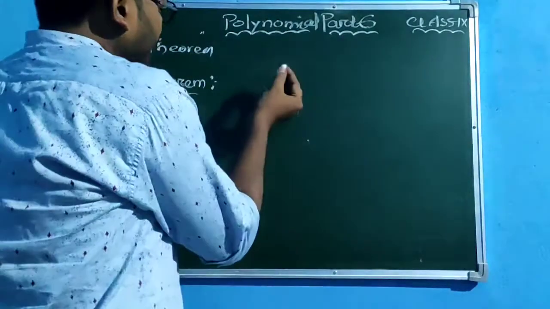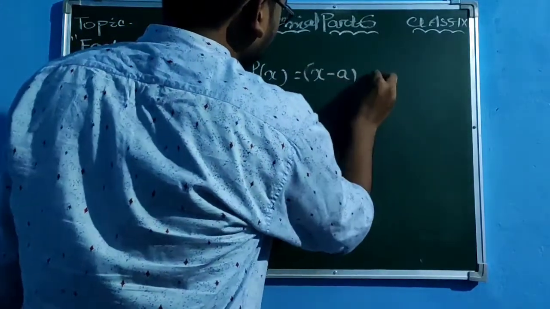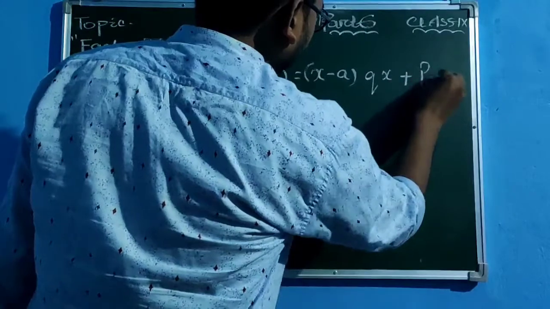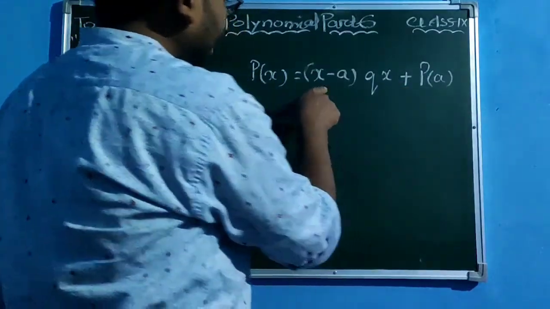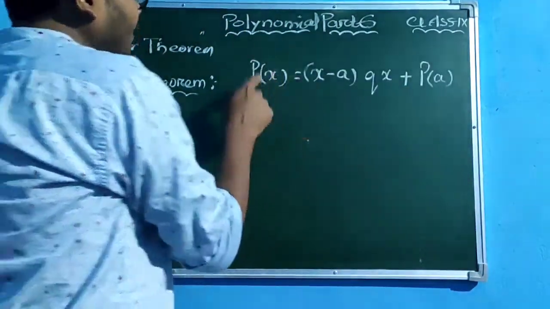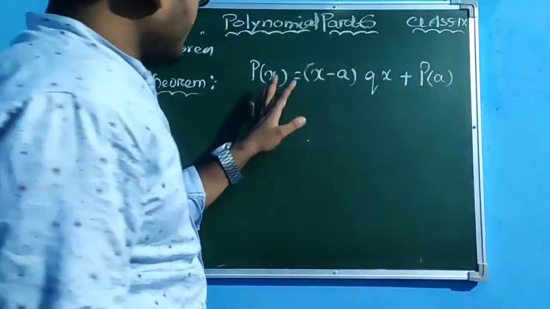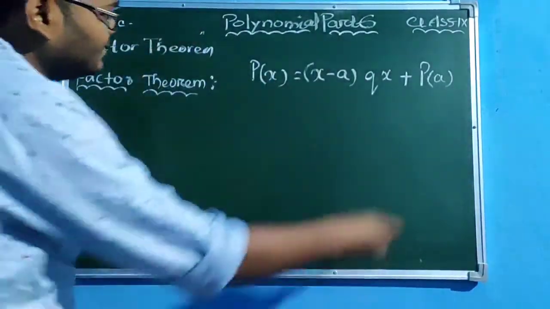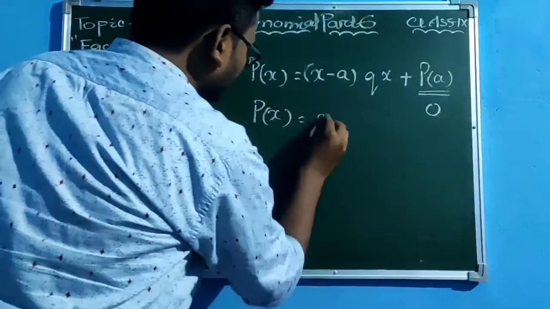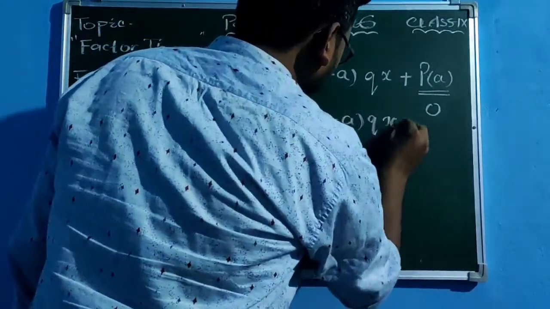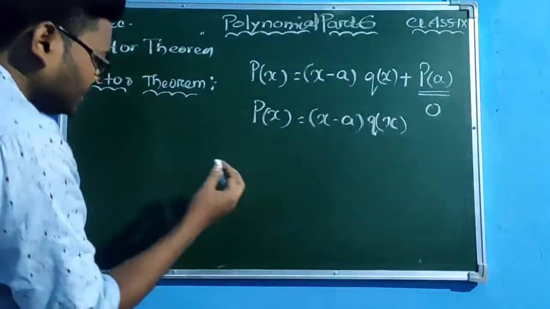As we know, as per the remainder theorem, p(x) is equal to (x minus a) q(x) plus p(a). हम लोग रिमाइंडर निकाल रहे थे p(a) करके. ओके, x minus a एक लीनियर पोलिनोमियल जो इसको डिवाइड करने वाला था और p(x) एक ऐसा पोलिनोमियल है जिसका डिग्री more than 1 और equal to 1 होना चाहिए. अगर ये 0 हो जाए तो हम लोग इसको कैसे लिख सकते हैं? p(x) is equal to (x minus a) q(x), ऐसे लिख सकते हैं. Let me explain you.